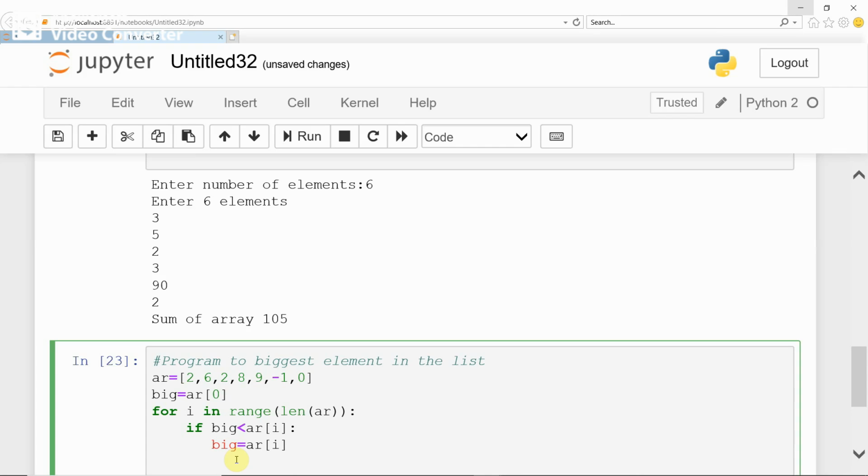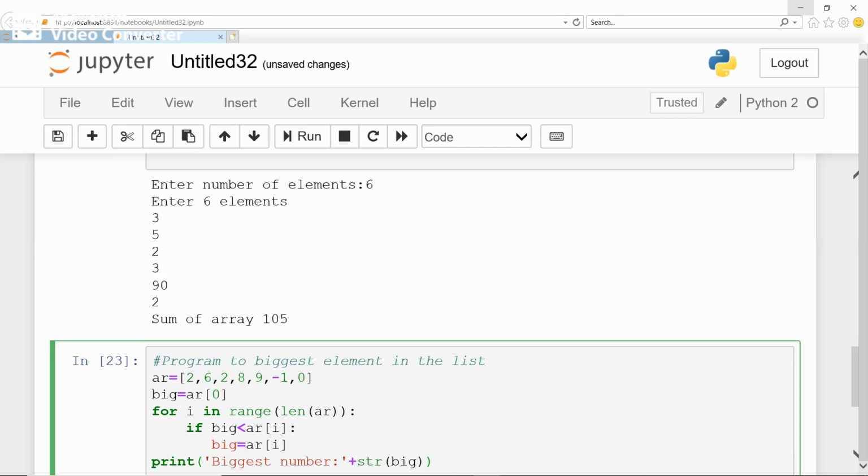Now outside the loop you should print the biggest number, then convert big to a string by using the str function.